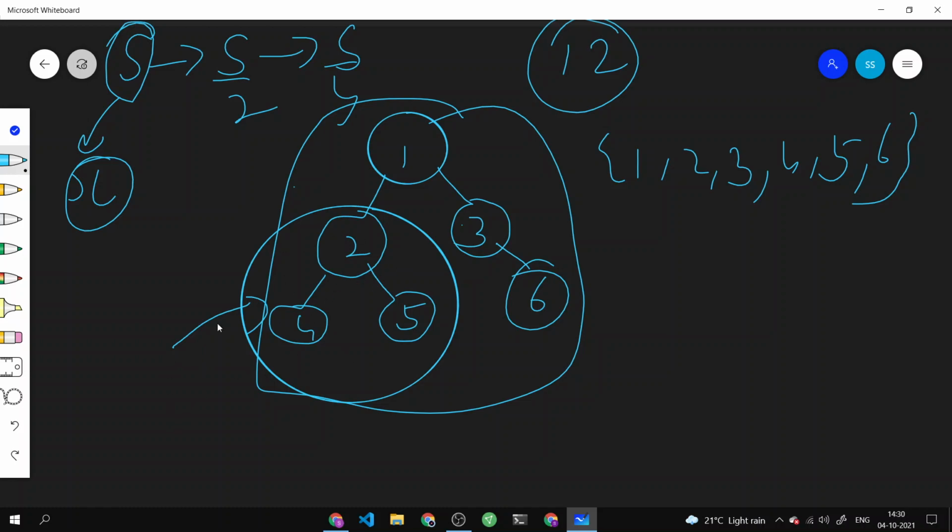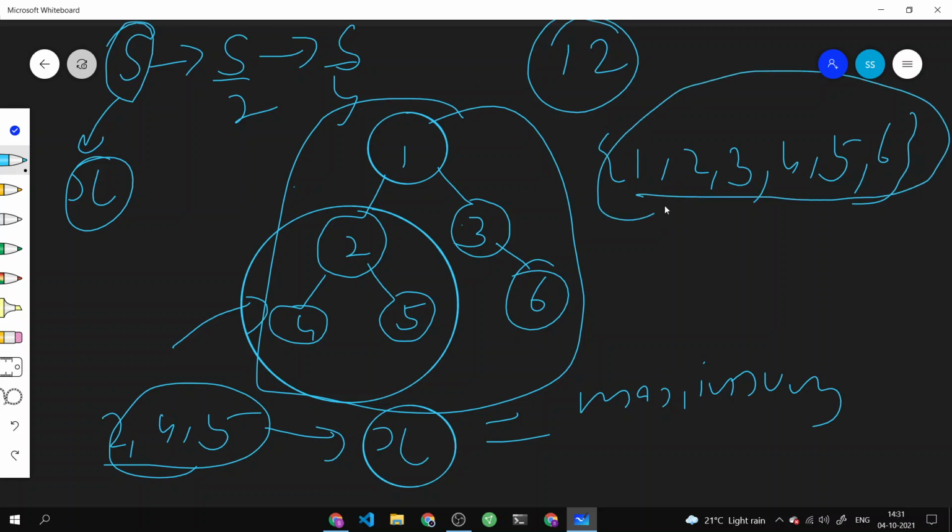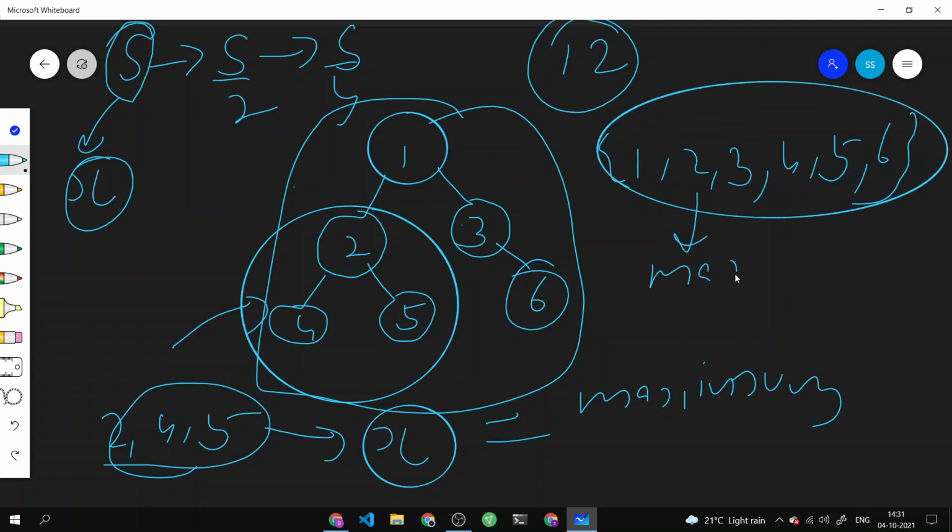Like what I do is that I am having this component, I will be giving my judge this search space to work on, and it will be giving me an answer. If this answer is actually equal to the maximum answer that I got, which I calculated earlier using the fact that I had this component as a whole and I already know this answer, this gave me the maximum. So if this x is actually equal to maximum, then that means that I should work on this component and I should discard this component.